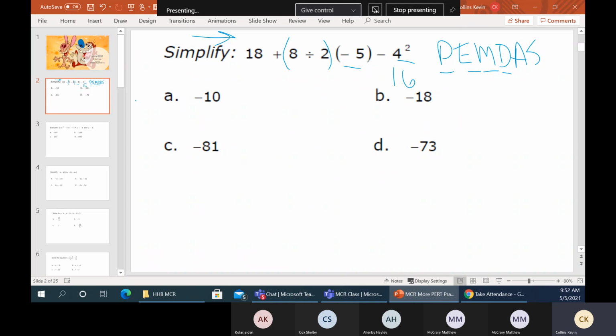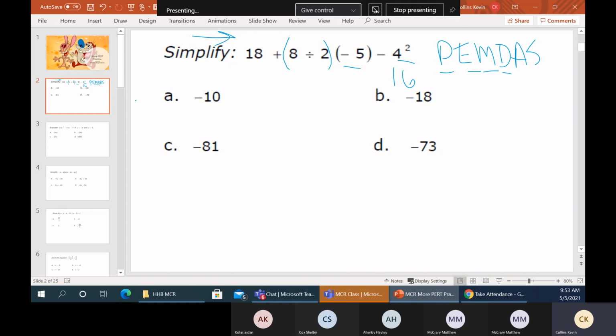So the point of the story is a lot of people were probably multiplying 2 times -5 and then trying to take 8 and divide it by -10 and getting weirdness. Is that what was happening to you, Shelby? Okay. So that being said,